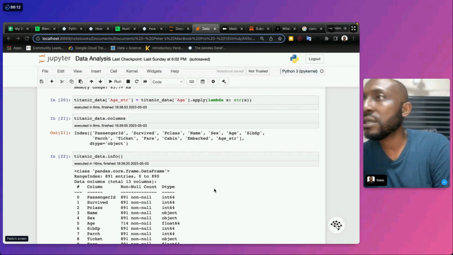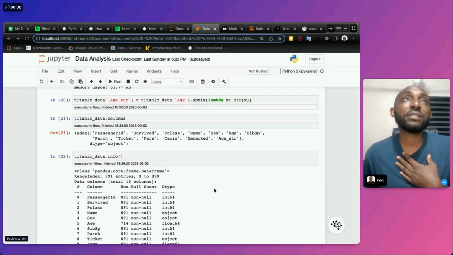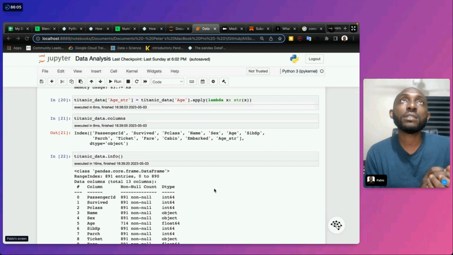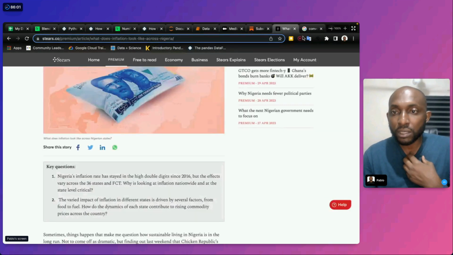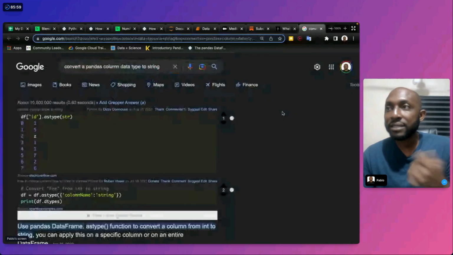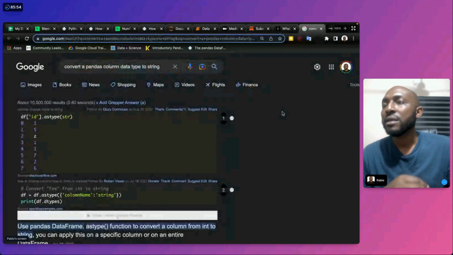Is there a short process you feel? I feel like there's a process where I basically just call on the data set and then convert it just like it is here.